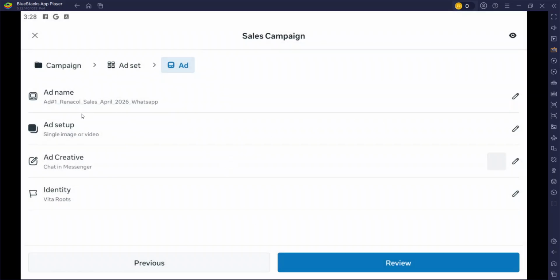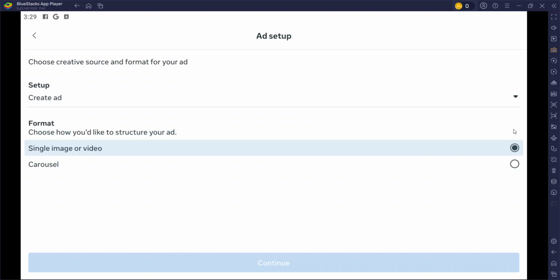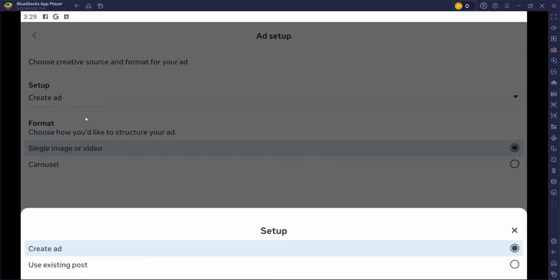And once we've given it a name, it says ad setup. The ad setup is single image or video. We know that it's going to be two parts. So if I click on it, you can see we have the setup and then we have the format. With the setup, we have two parts. You can choose existing posts that you've made on your profile, or we can create the ad directly on Ads Manager. So if you already have a post on your profile that you want to boost, you click on